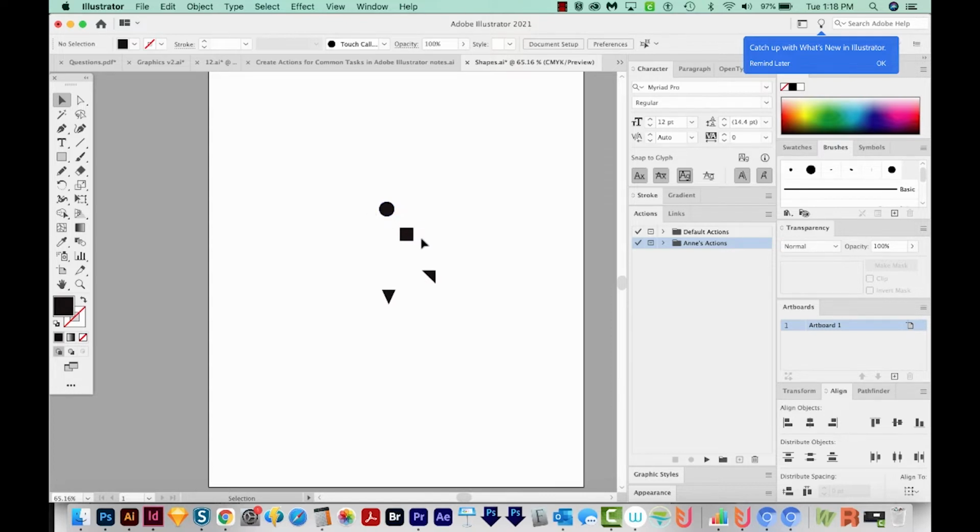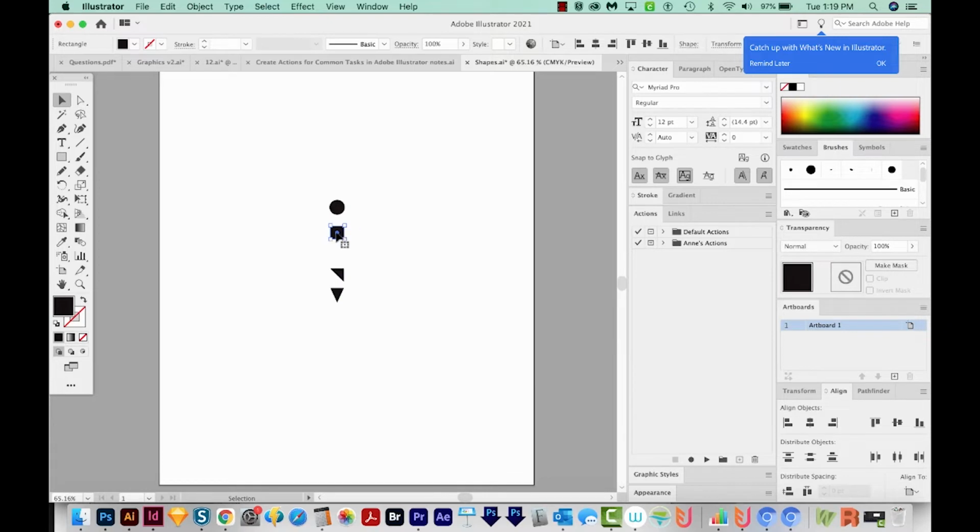So if I want to align these shapes vertically, all I have to do is select them all like this, click on one, and then hit Shift F5. And that way I don't have to find my Align panel, pick which one I want, and change my Align To settings. Now the thing about this action is it will only do vertical. I would have to set up a different action if I wanted it to do horizontal. You could have it do both things though. I'm going to move these off center just a little bit.